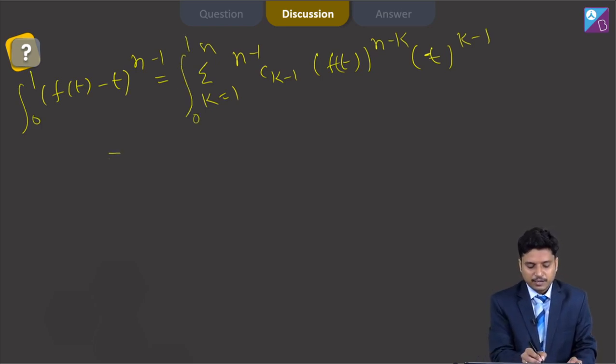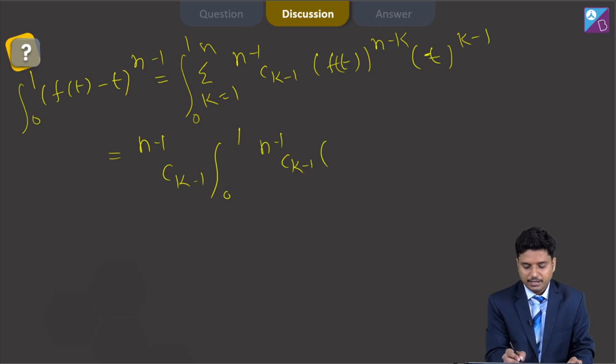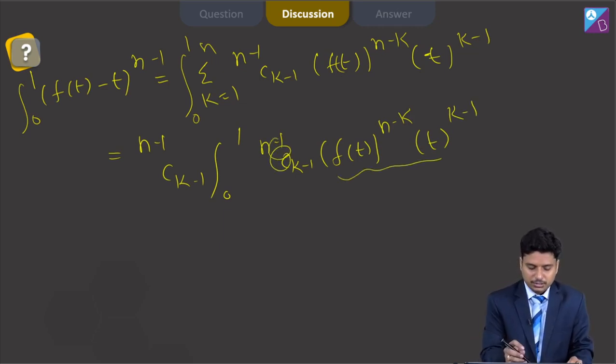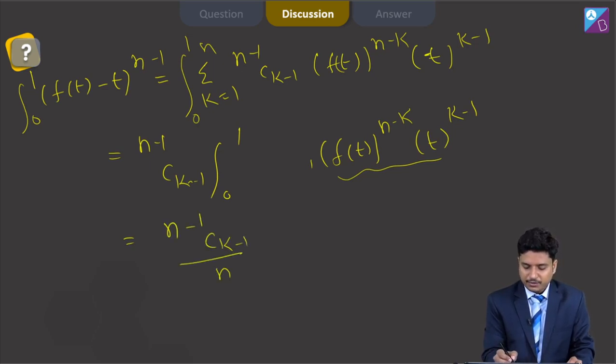So n minus 1 Ck minus 1, integral 0 to 1, n minus 1 Ck minus 1, Ft raised to power n minus k into t raised to power k minus 1. This part is known to you, this part is 1 by n. This you can remove because n minus 1 Ck minus 1 we have already taken as common. So n minus 1 Ck minus 1 divided by n, and minus sign was there. So minus 1 raised to power k minus 1 will be also there, and summation